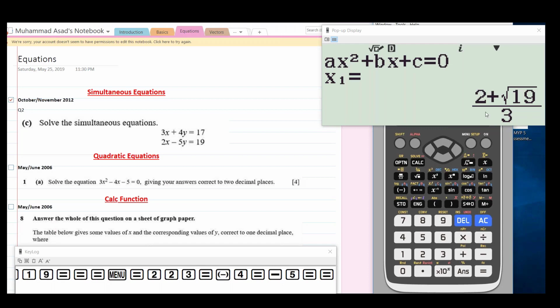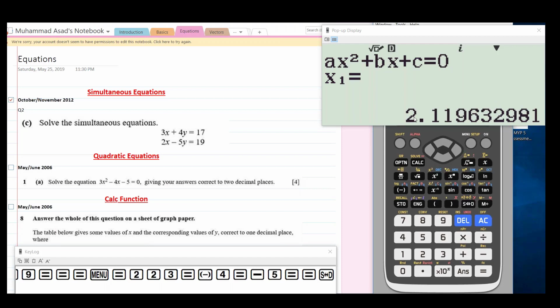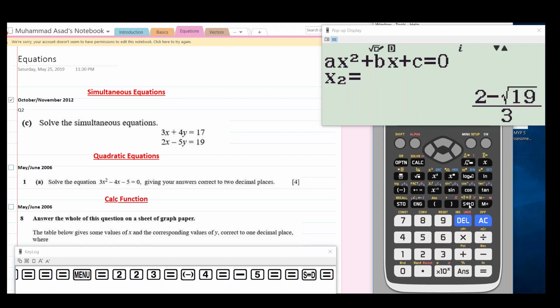So the first value of x is 2 plus square root of 19 over 3. If you want the answer in decimal, because as the question says give your answer in decimals, you will press this button. So first value of x is 2.1196, and if you press equal again, you will get x2, which is